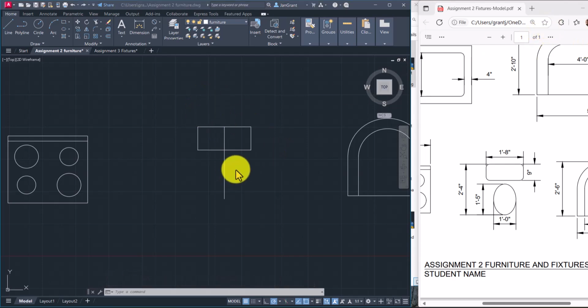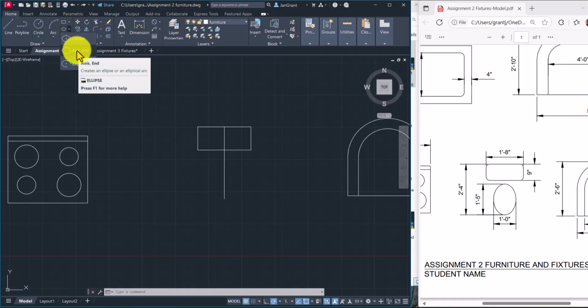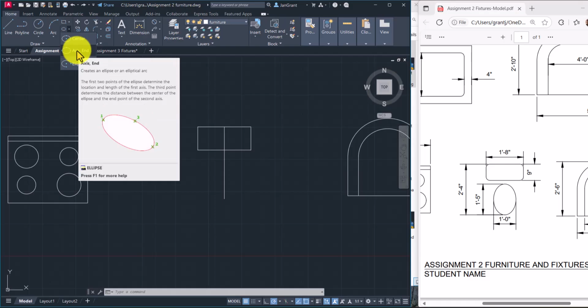Okay, so you can draw it however you'd like, but I know that there are a lot of different ways of drawing this ellipse, just like the circle and the arcs. It's up in the draw panel. There's a little icon right here for ellipse. You can click on the arrow next to it, to the right of arc, that middle one. And then if you go in the drop down here and just rest your pointer on axis end, you can look at the little drawing and see that you're picking your first point at one end, your second point at the other end, and then establishing what the radius or what the width of it is. So let's go ahead and click on this axis end